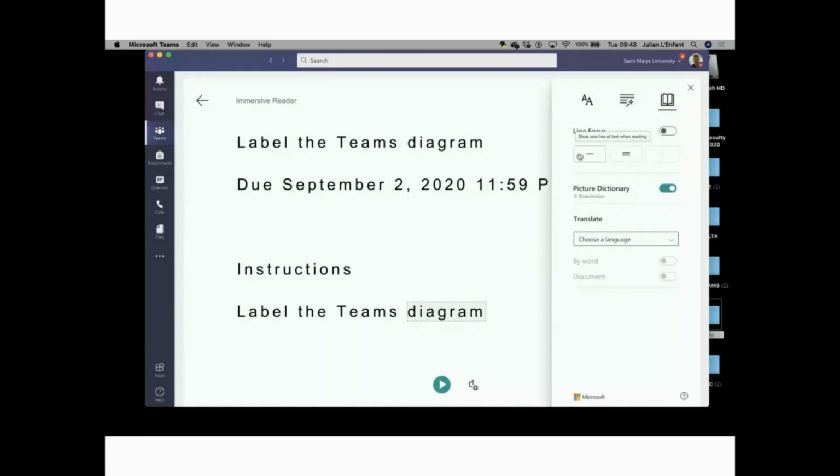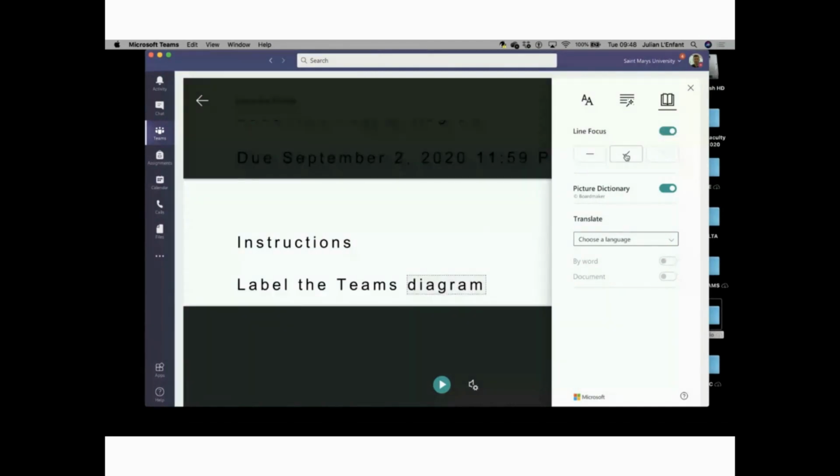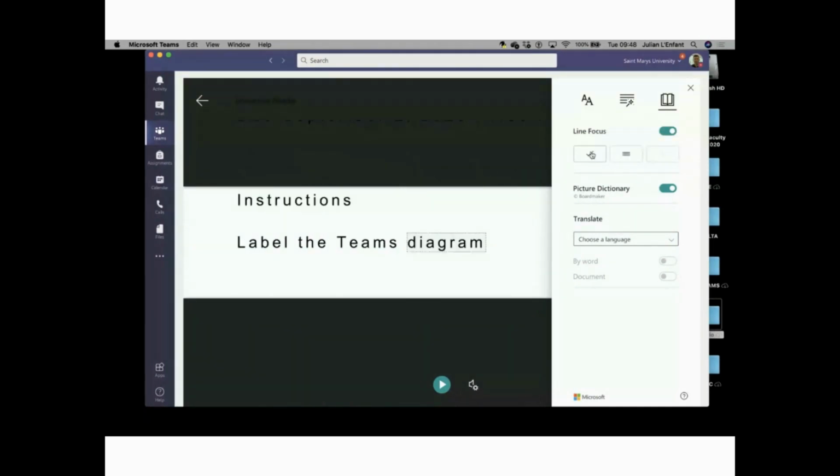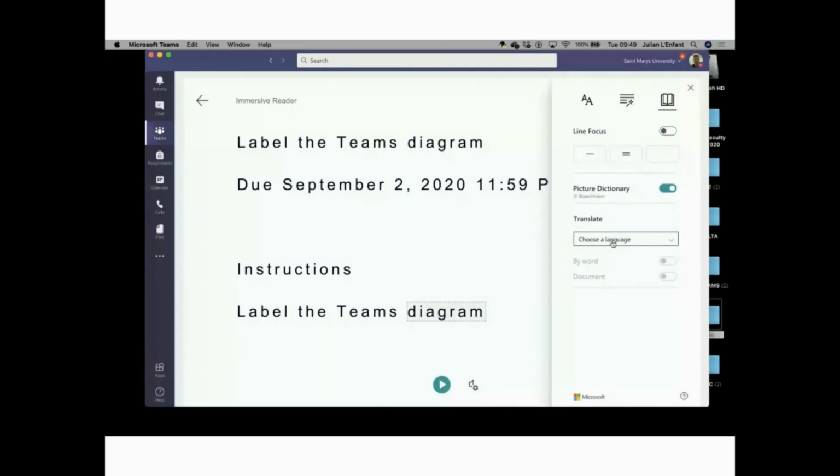And this is quite a useful one, a line focus. If we turn this on, it just takes away a lot of the noise from the text. There we go, which is good for long texts. And then also we can translate it. So